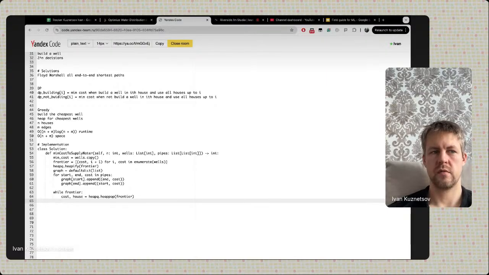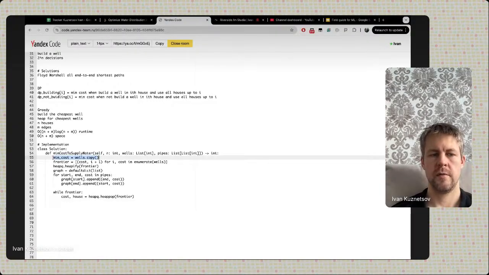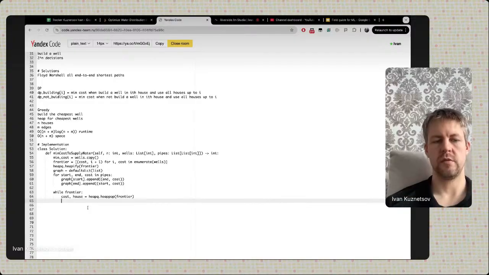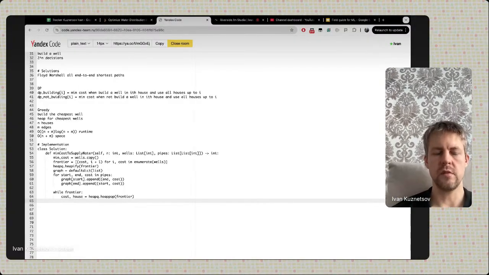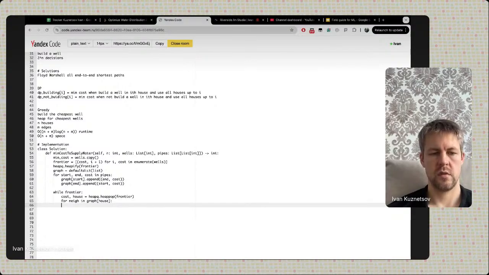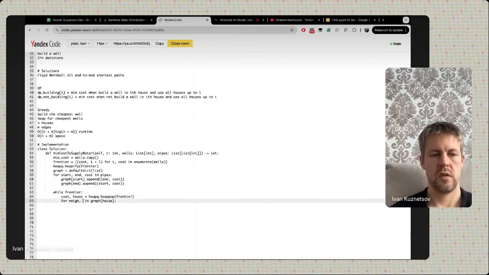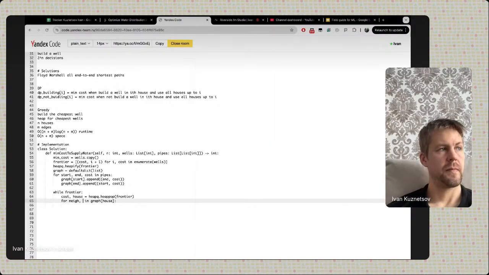So if this cost was ever pushed to the frontier, it is already presumed to be the minimal one. So this will be our invariant here. So here we just need to iterate over the neighbors. So for neighbor in graph house, for neighbor, edge pipe cost,